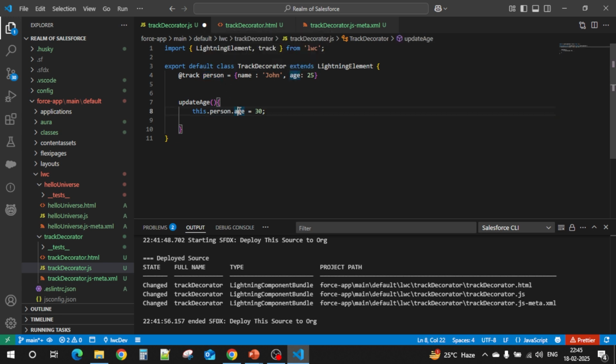So currently in this example, you are not directly reassigning this person, right? You are only changing the age property of that object, not the complete person, right? So that's why track is needed. But in case of doing it like this,